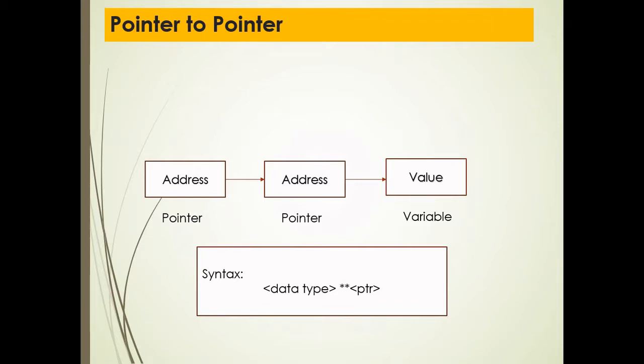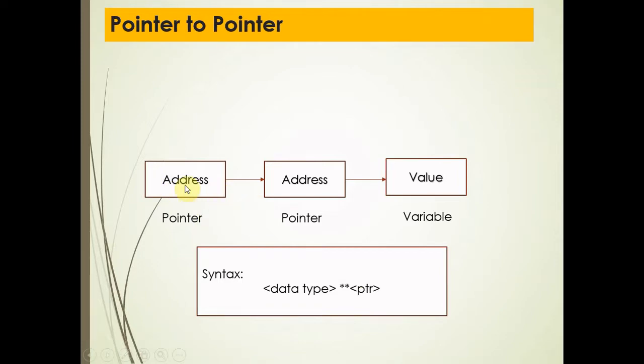As we know, a pointer is a type of data in C language, so we can also have pointers to pointers. Just as we have pointers to integers, pointers to pointers offer flexibility in handling arrays, passing pointer variables to functions, etc. The general form of declaring a pointer to pointer is with the help of a data type, a double asterisk, and the pointer or variable name.